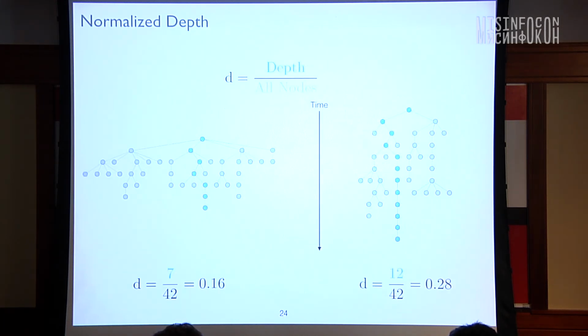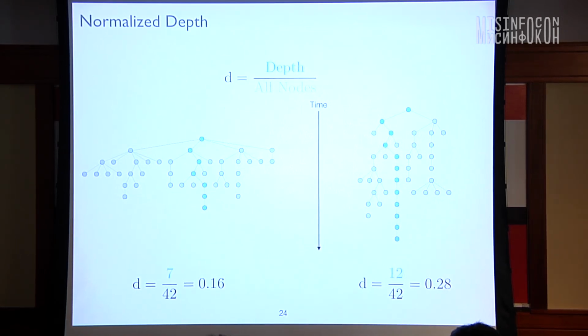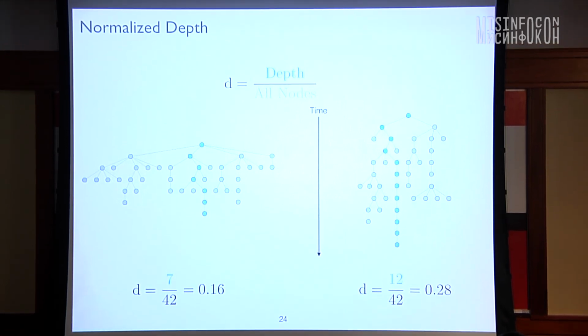And just to give you the mathematical version of it, if you have two different types of rumors spreading, here's what the plots look like. Not only is the diffusion from high to low important, but also the overall depth of the diffusion tree is super important. So false news tends to go much deeper, like the one you see on the right. Both graphs on the left and right have the same number of nodes, which means that they were retweeted the same number of times.